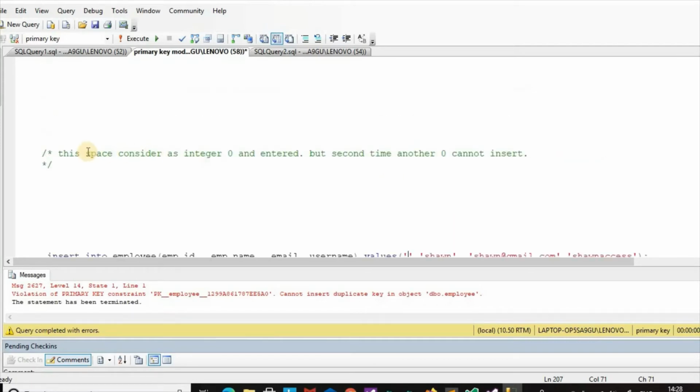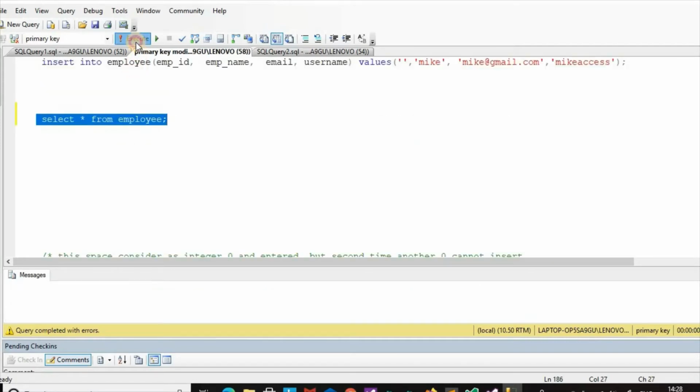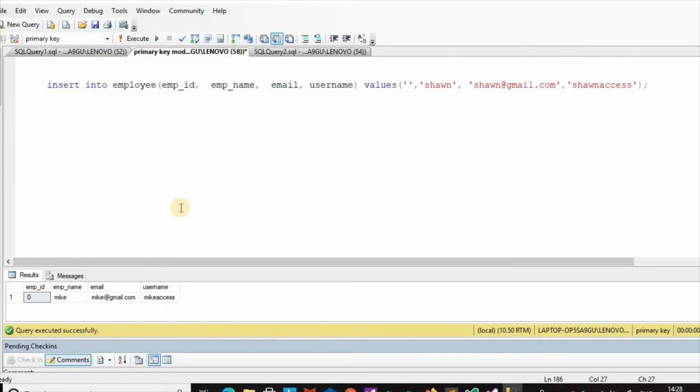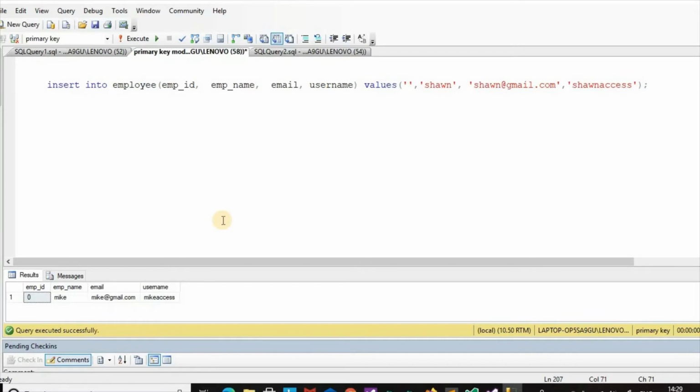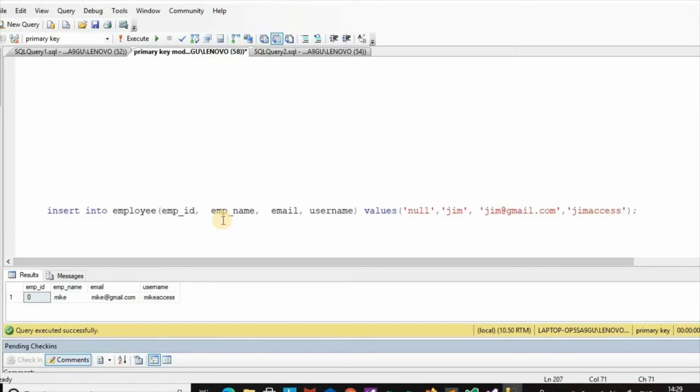So here we can see only one record. The record without any EMP ID is not inserted.